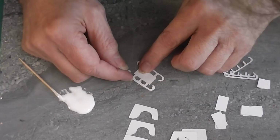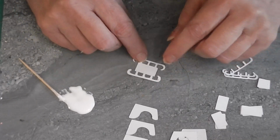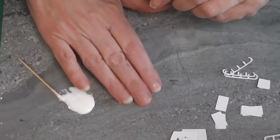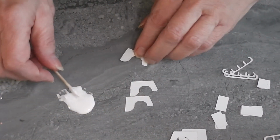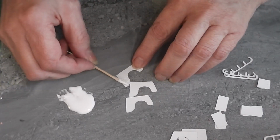I'm just going to glue a couple more pieces on camera, and then I'm going to turn the camera off, glue the rest, and come back before I start this. I'm going to set this off to the side. Then we're going to take our sleigh pieces. There are three for each side of Santa's sleigh. So we are going to